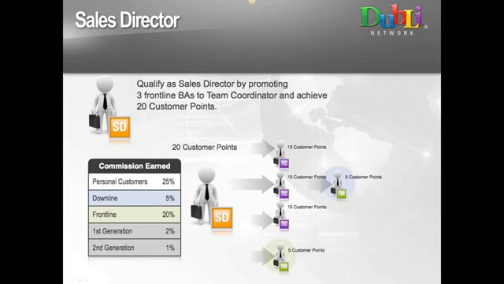Most of our sales directors historically have had between 50 to 250 people in their organization when they get there. I'm giving you a simple snapshot idea of what it would take to be a sales director and how quickly, under this right set of circumstances, it can be done.